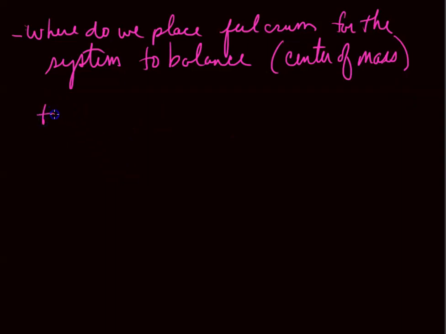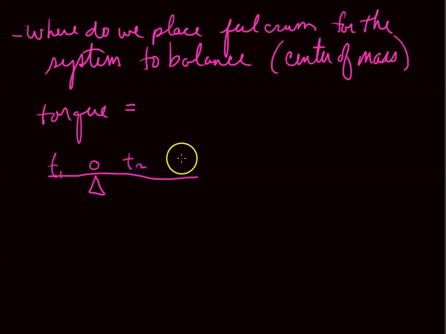So if we take this torque, and if we take all these spots along this line, if we have placed this fulcrum at that spot where you take all these torques and you get 0 and things not moving, there is a point right in the middle